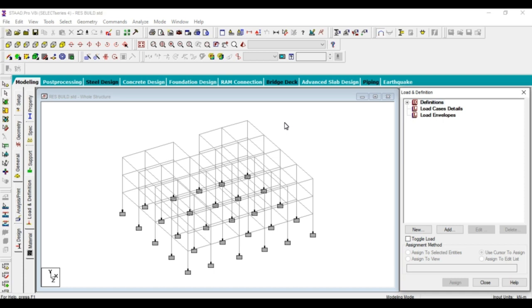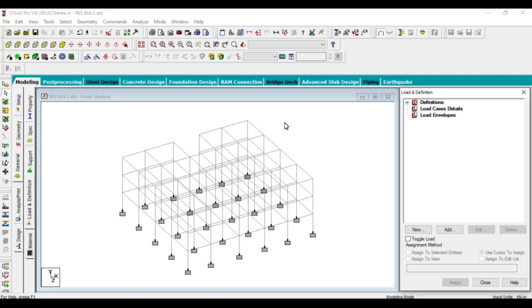For example, in our building, what types of dead loads will be there? First of all, the foundation. The foundation is a dead load. You cannot move the foundation, so it is taken as a dead load.